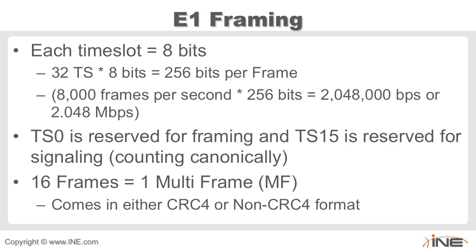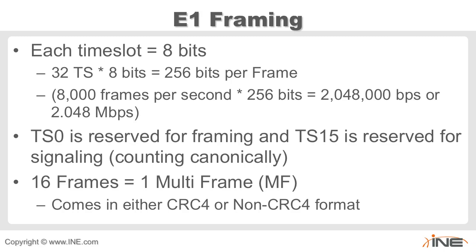So for instance, when I set up a PRI, in two slides you're going to see that I define the PRI group, I define my D channel as 16, but when I actually show my D channel, not on the E1 controller, but when I see it show up as a serial interface or a voice port, it calls it 15. So when I define it in the controller canonically, when I see it show up in IOS and refer to it later, IOS is counting canonically. So keep in mind that it could be 15 or 16 depending on where you're looking at it in IOS